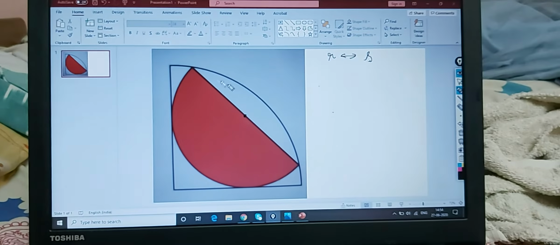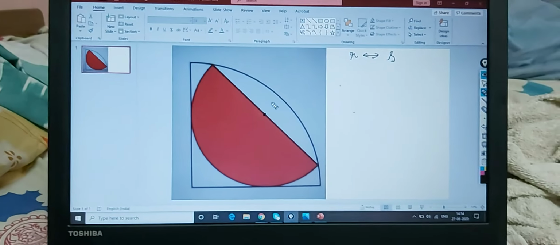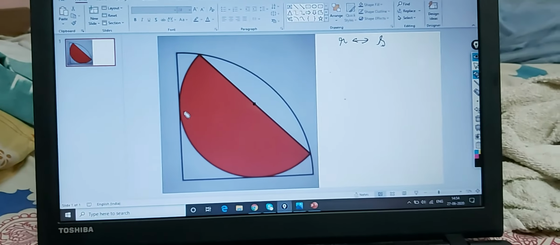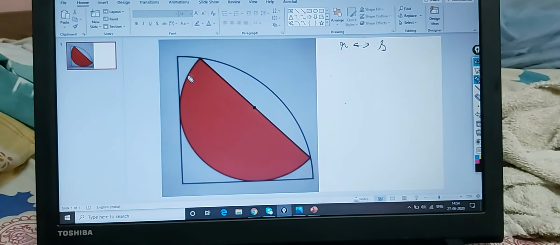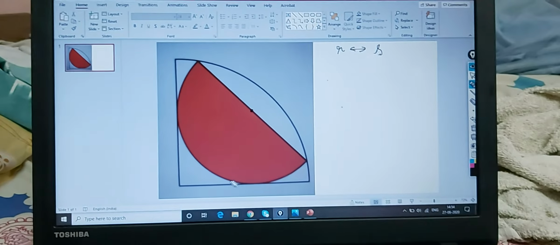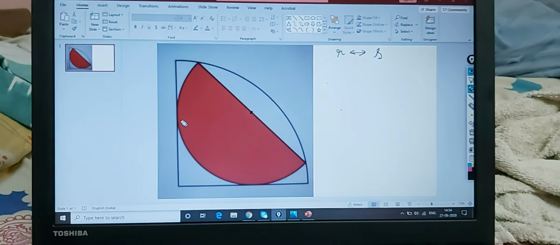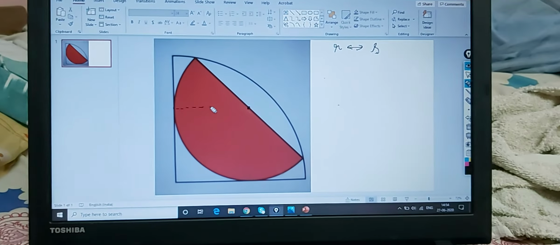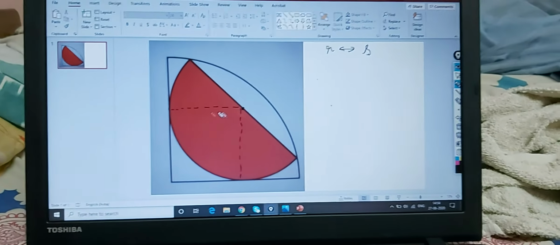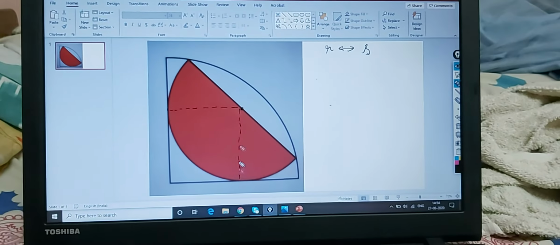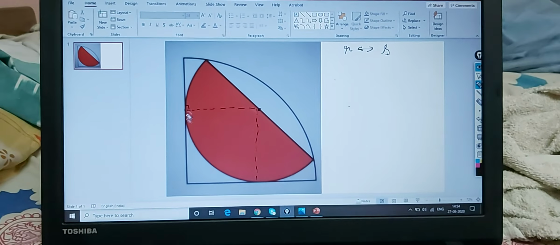So very simply, whenever you get a circle, you can see my previous videos uploaded on PrepZone channel. There are some basic constructions you need to plot so that you have a proper understanding of what this figure says. Since it's a curved surface and this is a tangent to this, even this part is tangent to this. So even if you have no idea of where the problem will lead us, just start off with drawing some perpendiculars. See, I'm just dropping two perpendiculars. So this will be a perpendicular. I'm just joining the center of this with the point of tangency, and as a rule this will be perpendicular.